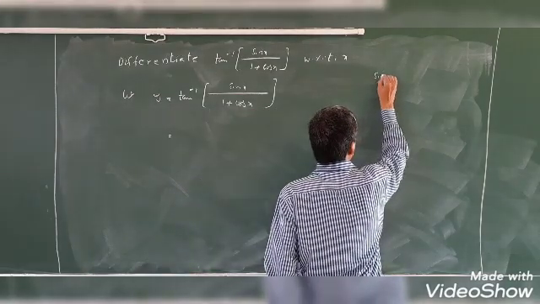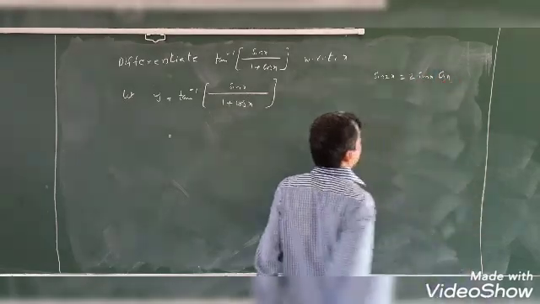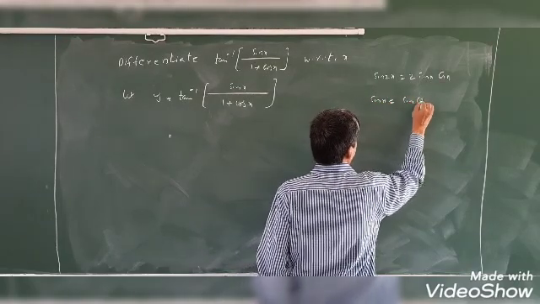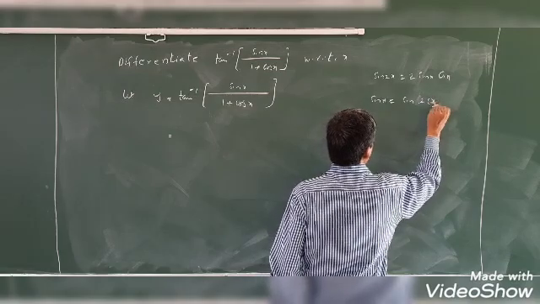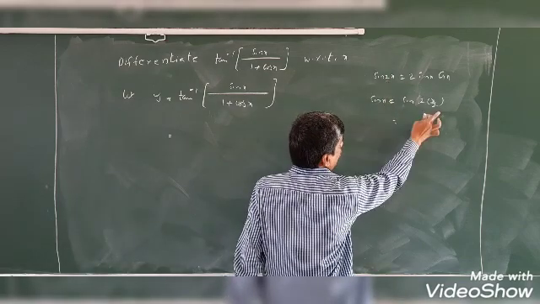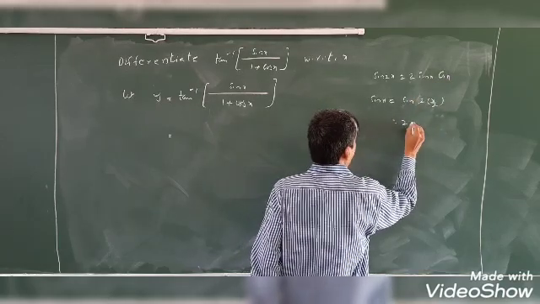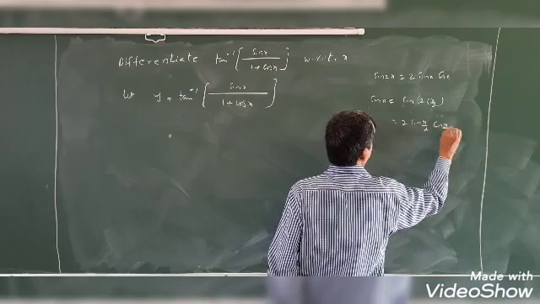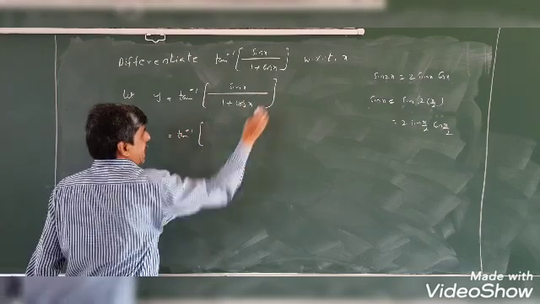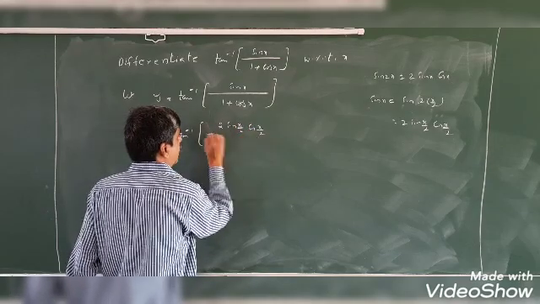We know that sin 2x is equal to 2 sin x cos x. So sin x is equal to sin of 2 into x by 2. Now it seems to be the formula sin 2x. If you observe, in the place of x we write x by 2, then sin x is equal to 2 sin x by 2 cos x by 2. So in tan inverse of sin x, I am going to write 2 sin x by 2 cos x by 2.